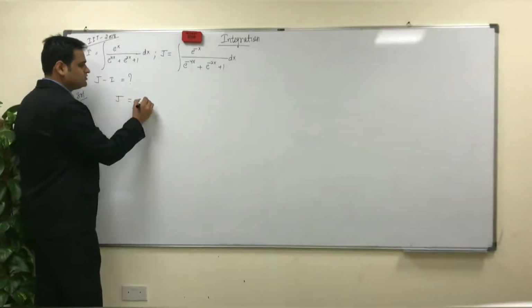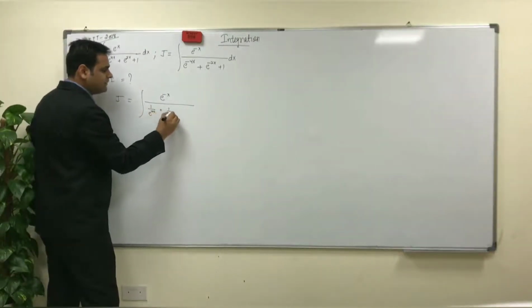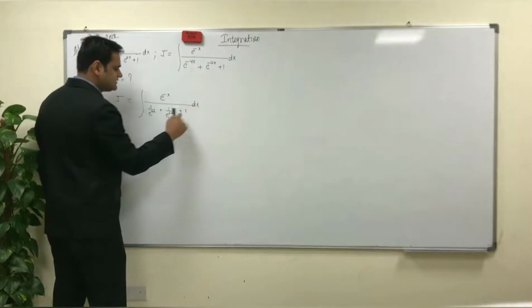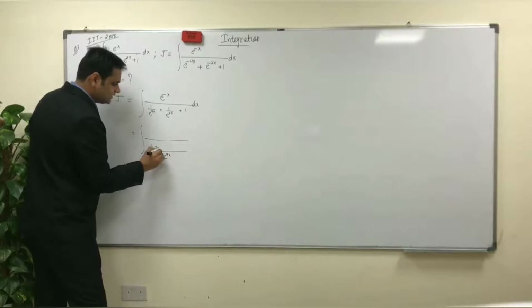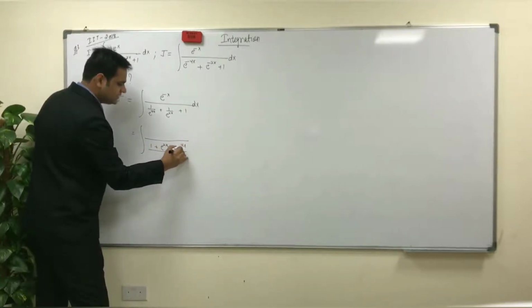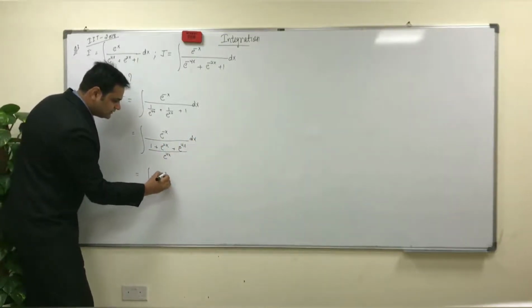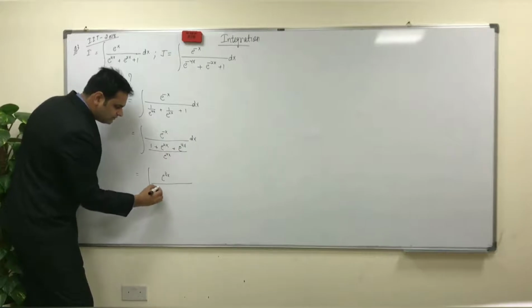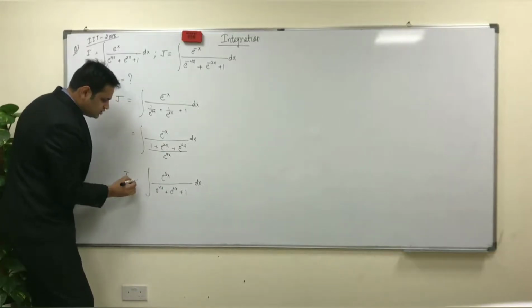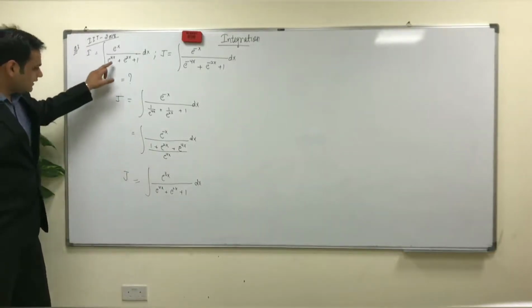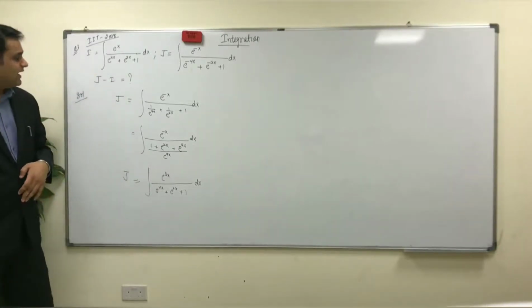So I'll start with j, which is e to the power minus x. This I can write as 1 by e to the power 4x plus 1 by e to the power 2x plus 1 dx. If I take LCM, it's e to the power 4x LCM. This is 1. This will be e to the power 2x plus e to the power 4x, and this is e to the power minus x dx. Now it will come up, so it will be nothing but e to the power 3x divided by e to the power 4x plus e to the power 2x plus 1 dx, and that is nothing but j. So if you see, this j and this I, the denominator is the same. Am I right or not? Yes. And it will help me to find j minus I.